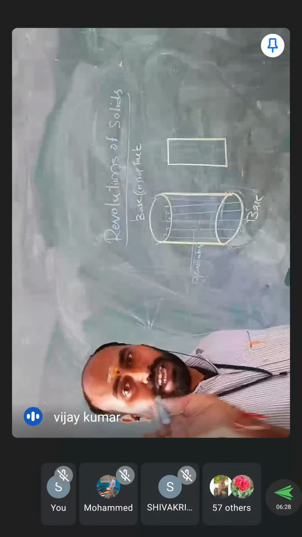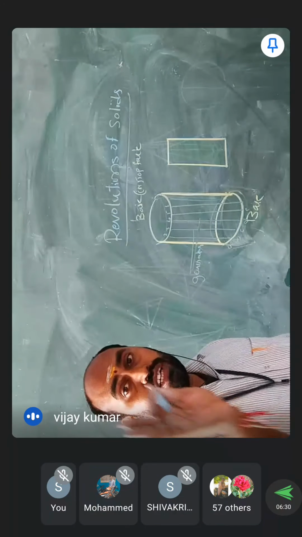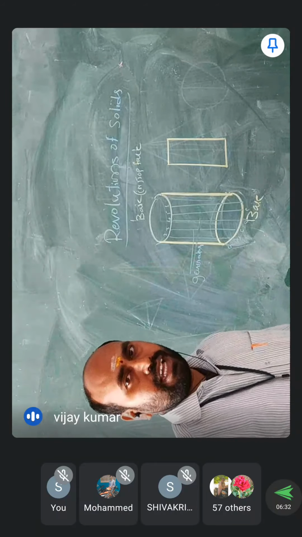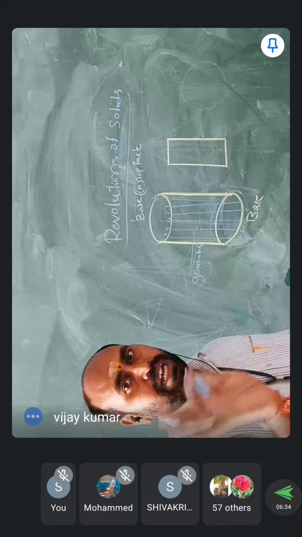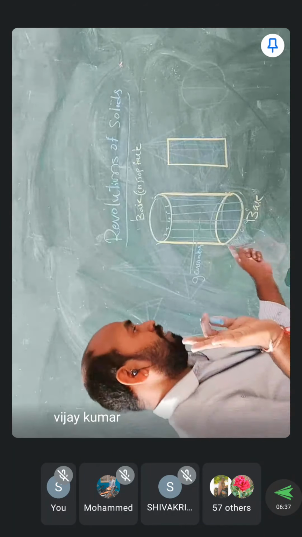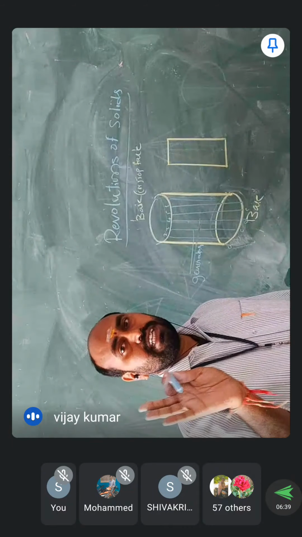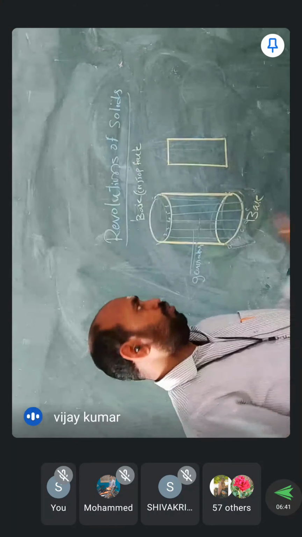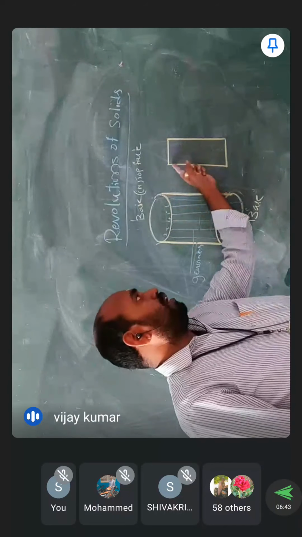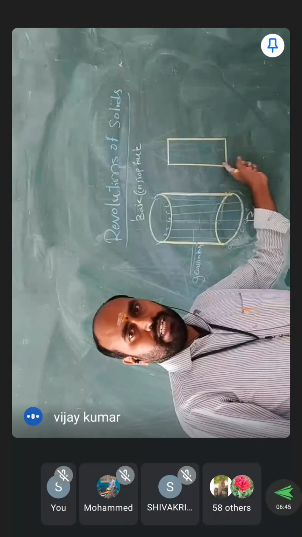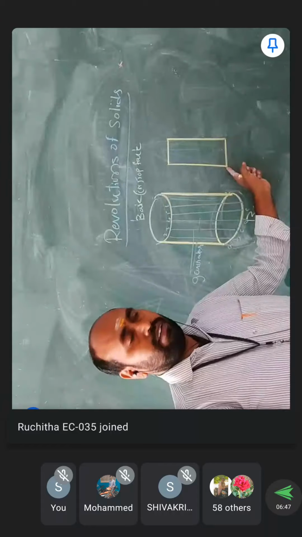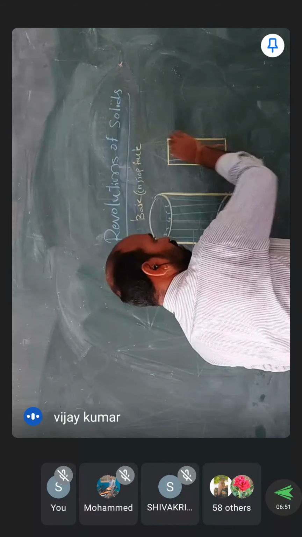These are not true, just imaginary. That's why you should not draw them as a thick line in the diagram. Don't do like that. It's a blunder mistake. In the case of revolutions of solids, everyone has to draw only the edge points thick, or edge lines should be thick. So the imaginary lines which are drawn on the circumference like this should not be thick.